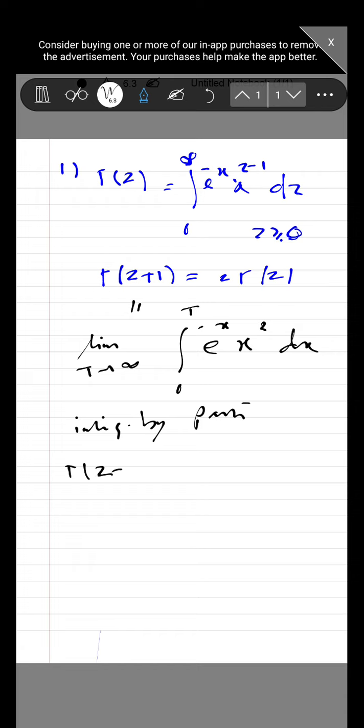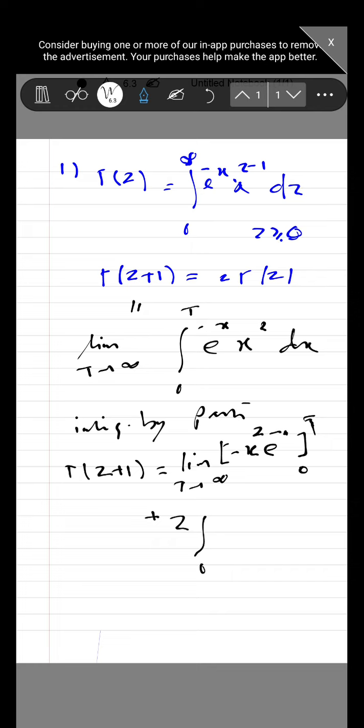Gamma z plus 1 is equal to limit t tends to infinity, it is minus x to the power z e to the power minus x from 0 to t, plus z times the integral 0 to t e to the power minus x into x to the power z minus 1 dx,